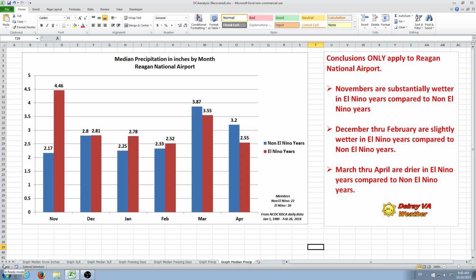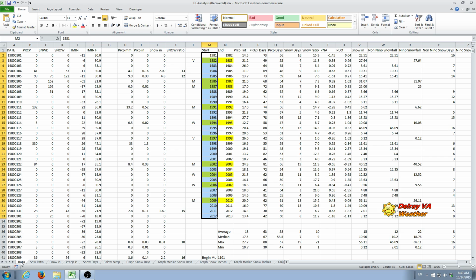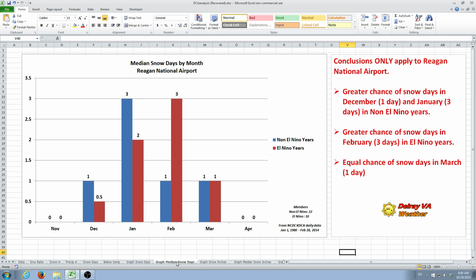I actually have been able to get a data set from the National Climate Data Center. This is the data set, and actually it's in an Excel spreadsheet. There's over 12,000 individual data points because this data is daily data from 1980 through 2014. So it ends up with over 12,000 sets of data.